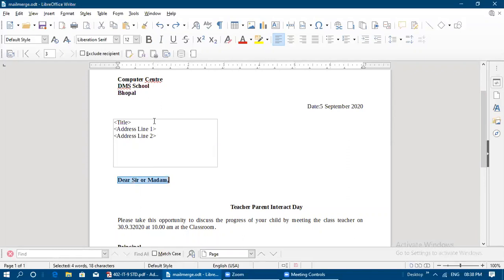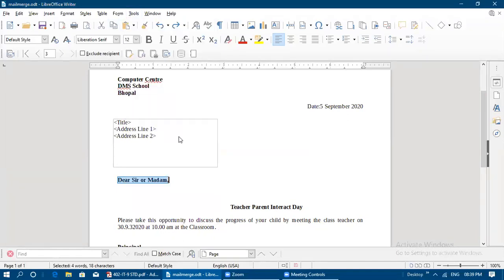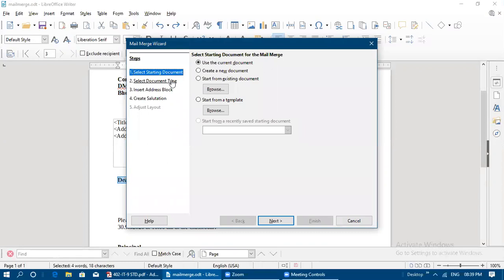Okay, so this is only known as data source. For this variable only we need to have the, this is called variables and the main letter, main document. So along with this, these two together it is called as document or a letter or main document we will say. And the data source what we are going to create here is with the help of this tools menu and mail merge wizard we need to click. Okay, so here only you need to create the data source.